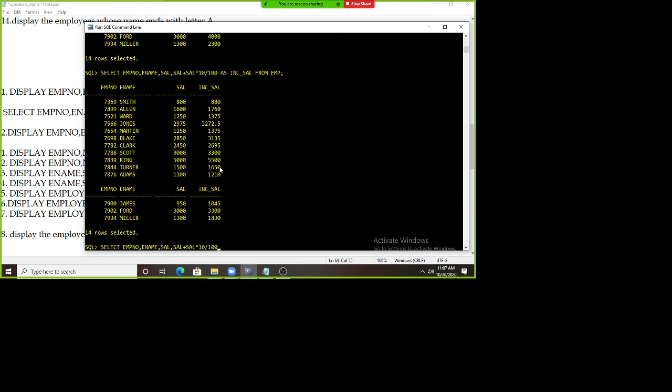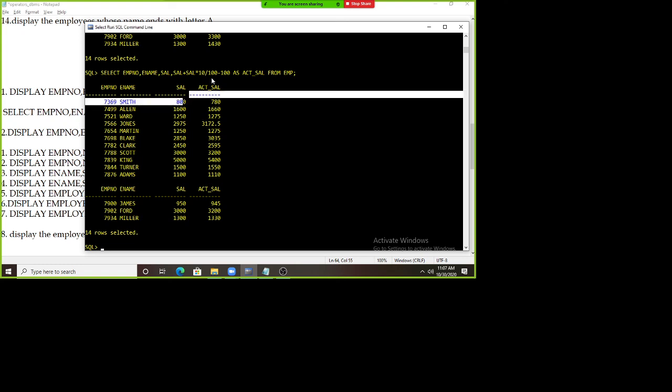And from that how much do I want to deduct? 100 rupees. So actual salary. Now what is the column name I'm going to print? Actual salary, from EMP. So now see here. If I select one person with salary 800, I incremented 10% salary, and from that I deducted 100 rupees.